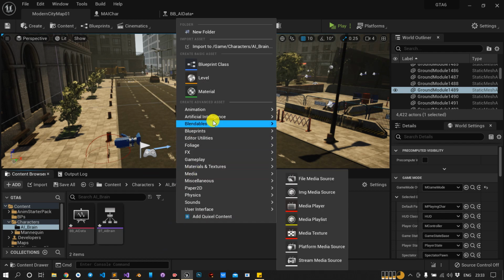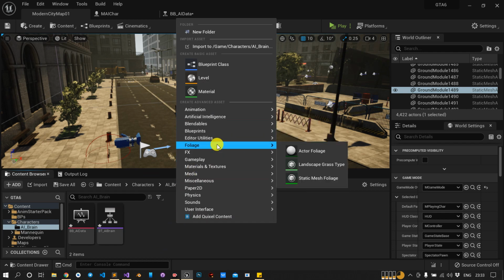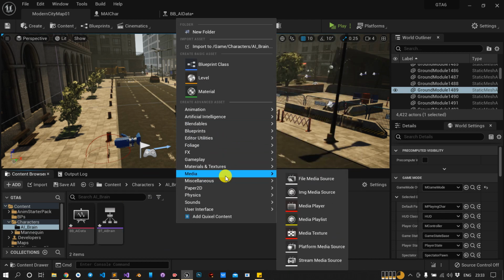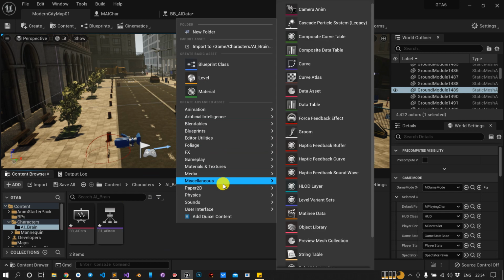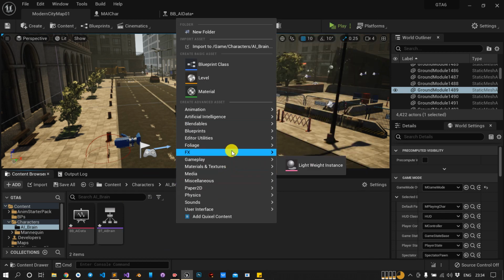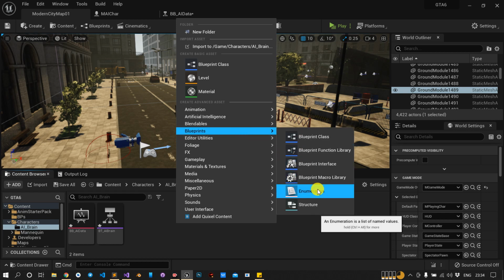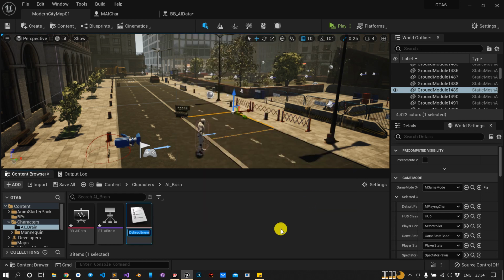Just right click and go to the blueprint, enumeration. I will rename it as E_AI modes.